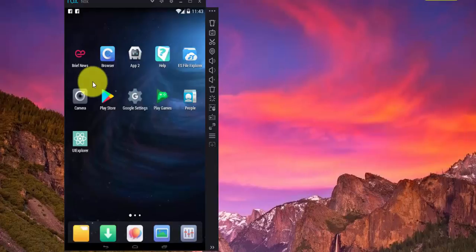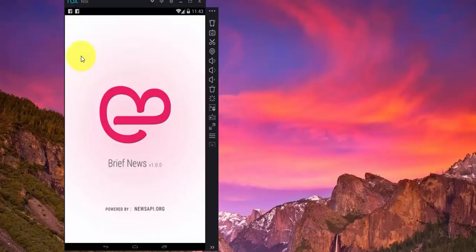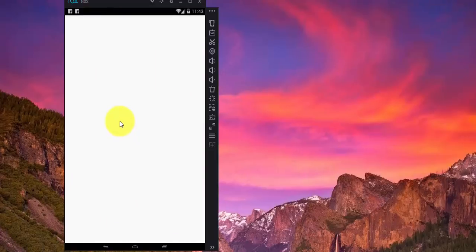Alright, so we are back online, and today we are going to look at how to build a simple React Native news application using the newsapi.org's API. Now, I have already built an advanced version of the app that I call the Brief News, and